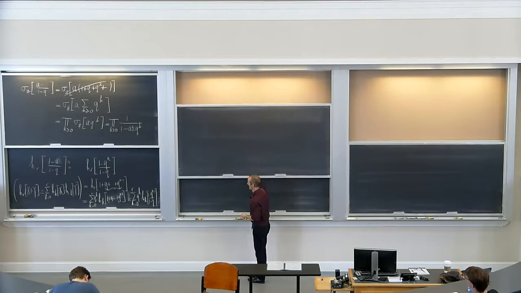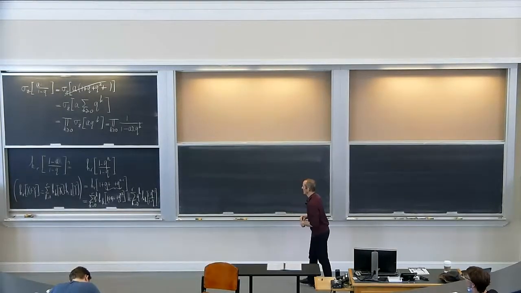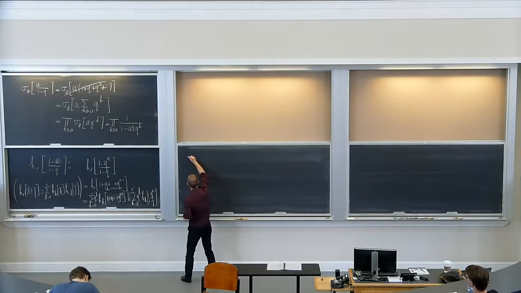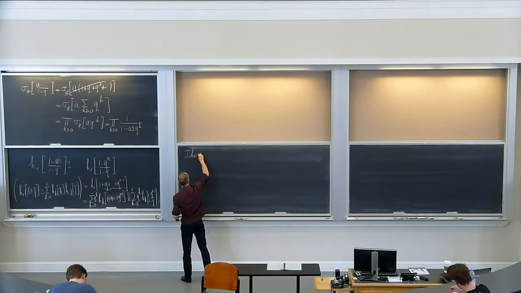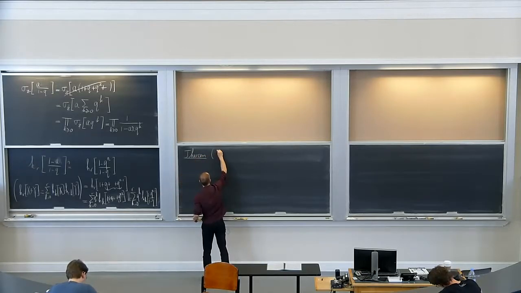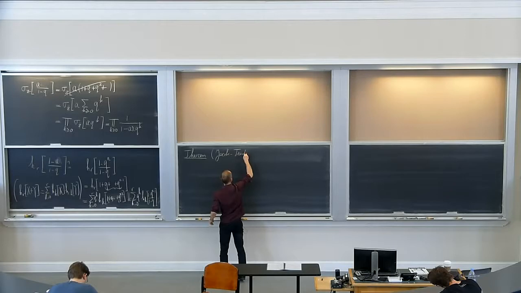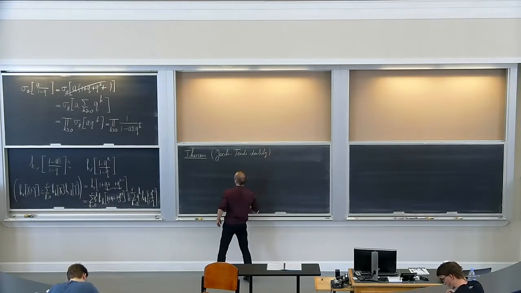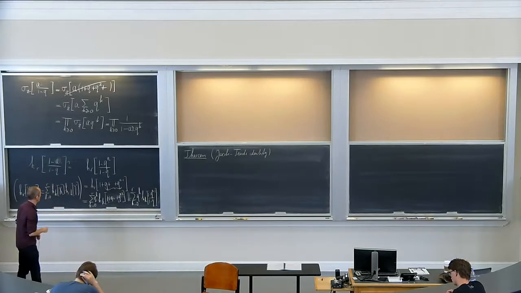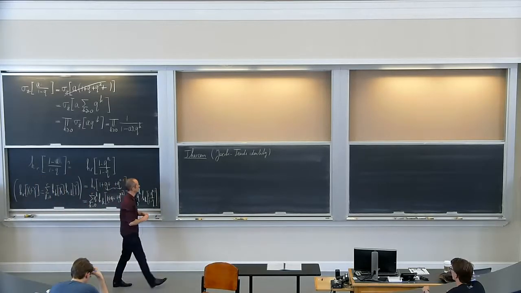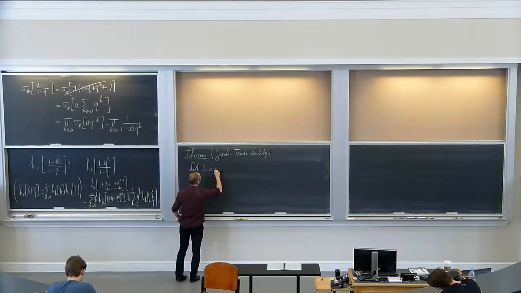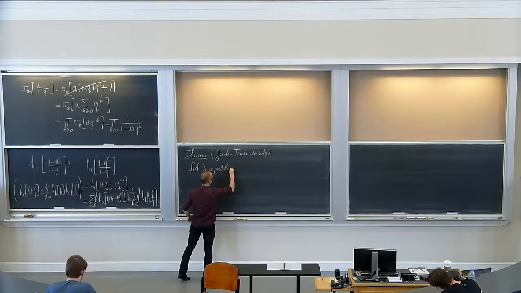So let's now move on and talk about the Jacobi-Trudi identity and then the Cauchy identity for Schur functions. Okay, so, well, let's call it the theorem. The Jacobi-Trudi identity is a determinantal expression for the Schur function in terms of the complete symmetric function. Okay? So let lambda be a partition such that